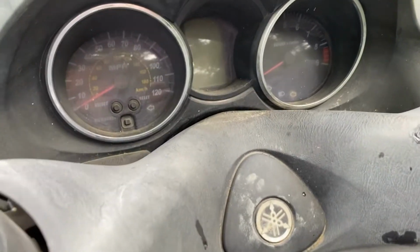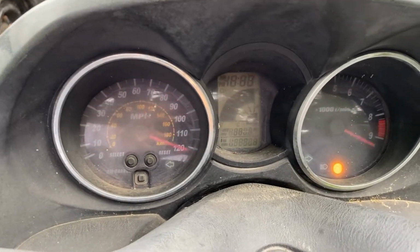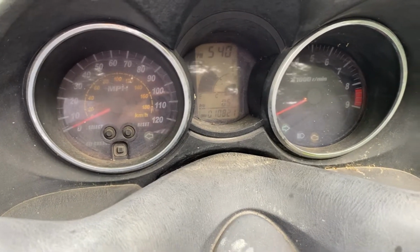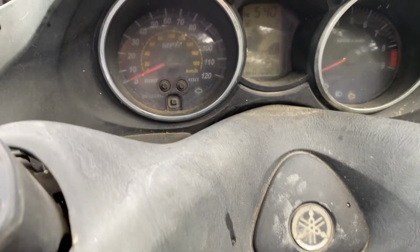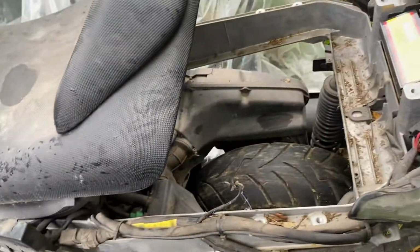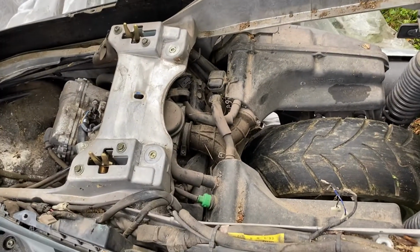But this donor motor in particular has 10,821 miles on it, which at first I thought was a lot, but it's not. It really isn't for this motor. So anyway, today's task,